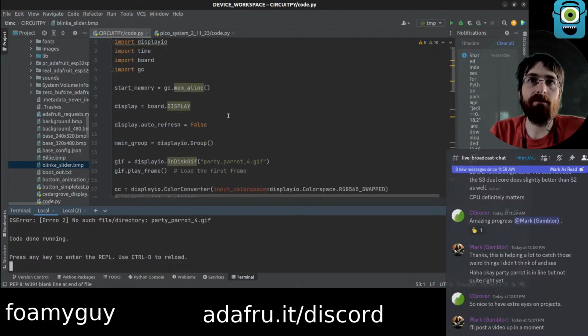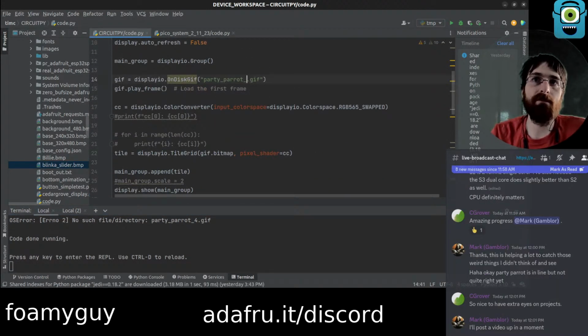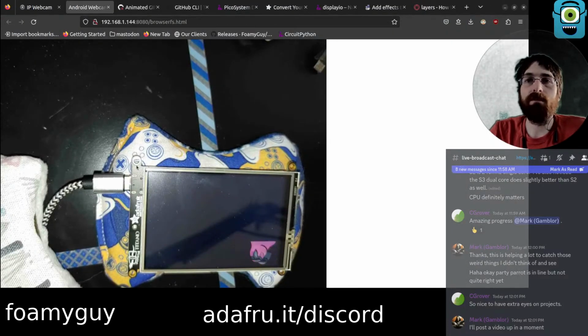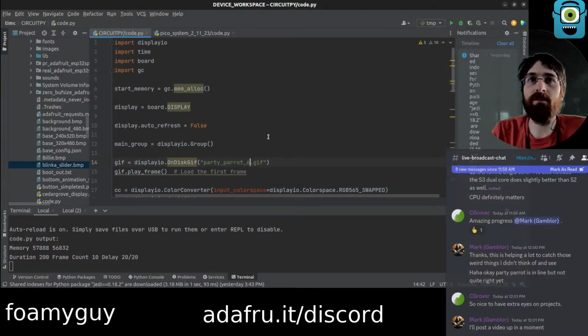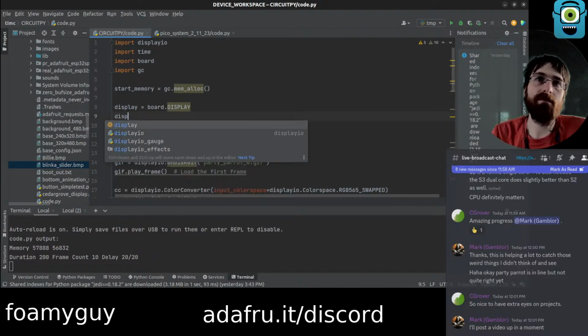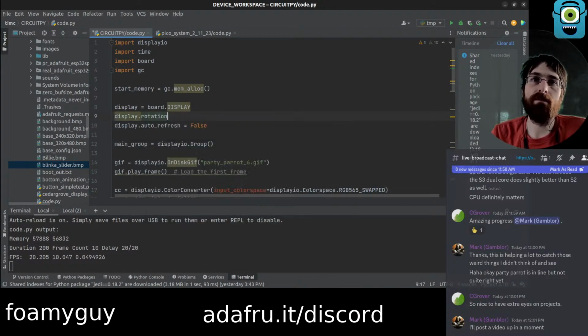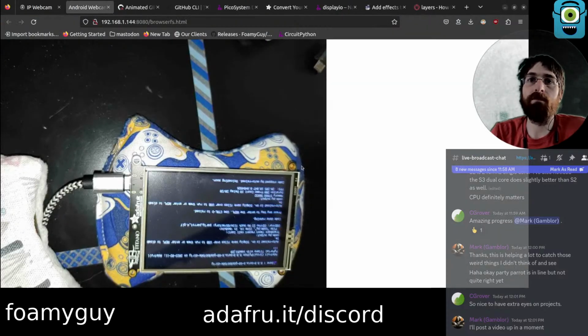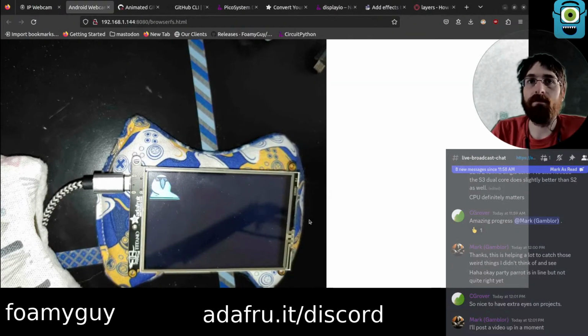Yeah. Actually 6 is the one I pasted on. There we are. Upside down, but does changing the rotation matter at all? Nice.